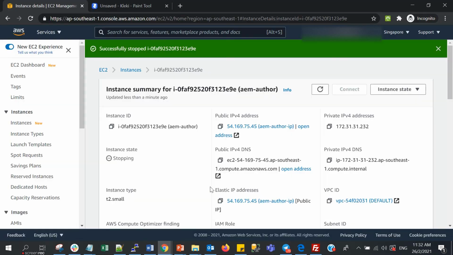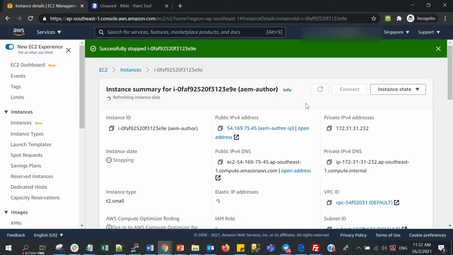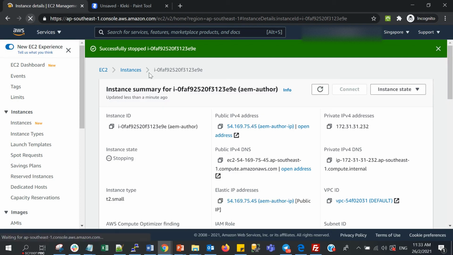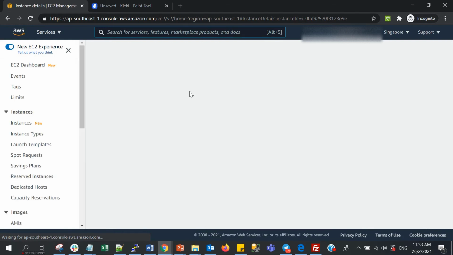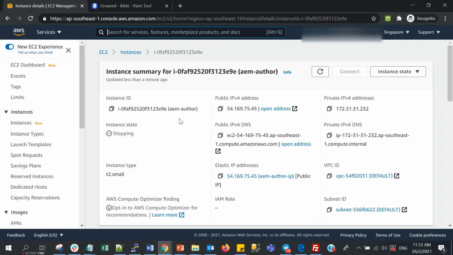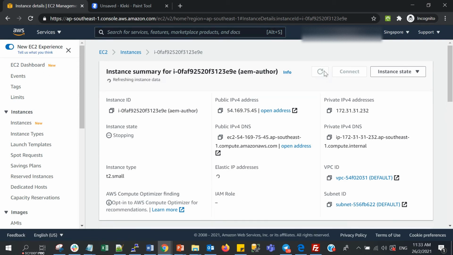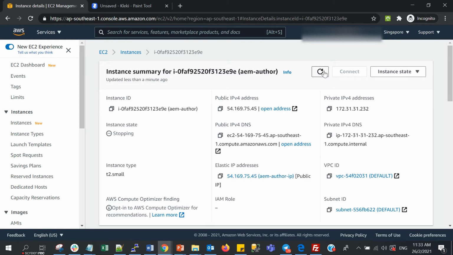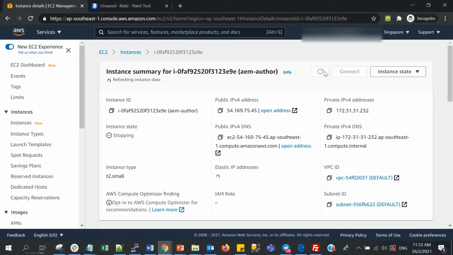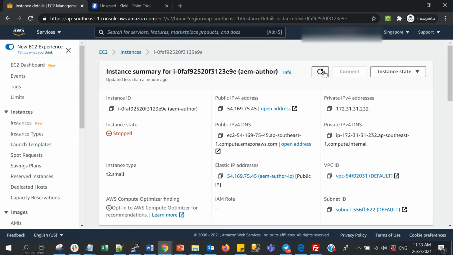Okay, let's refresh and wait until the instance fully stops. Okay, now it's already stopped. I will start it back.